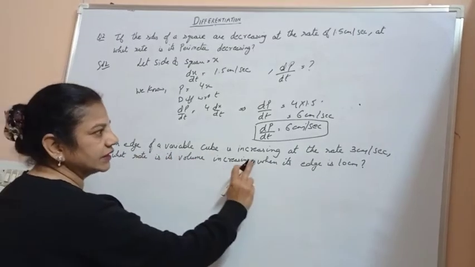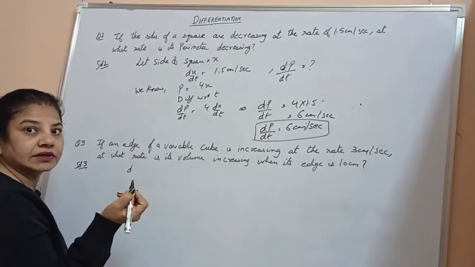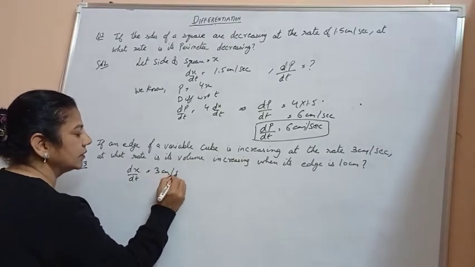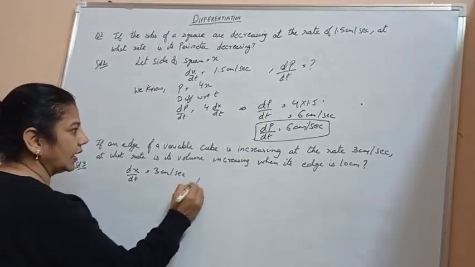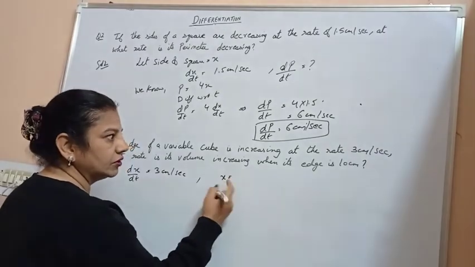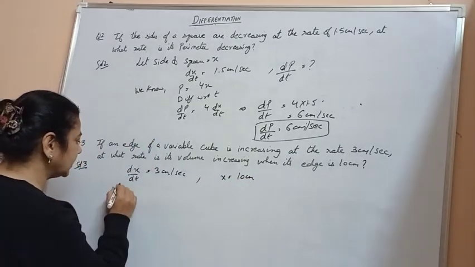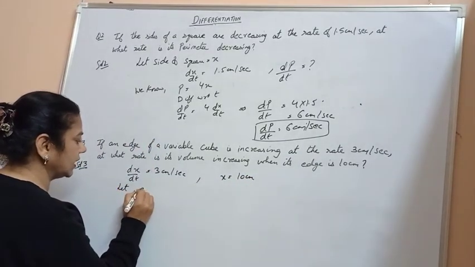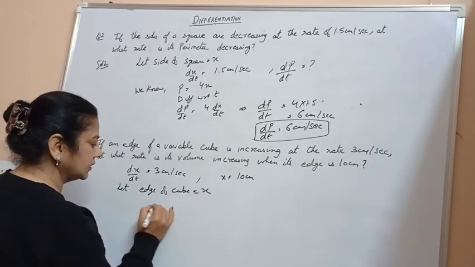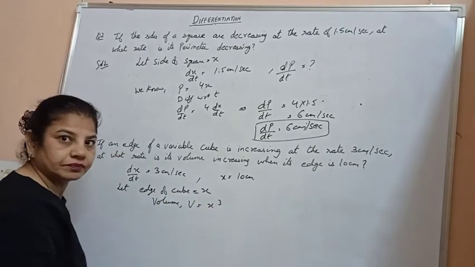Edge of cube is increasing at the rate of 3 centimeter per second. That means if the edge of cube is x, then dx by dt is given as 3 centimeter per second. And the volume is increasing at the rate, and the edge is given as 10 centimeter. X is given as 10 centimeter. So let's say edge of cube